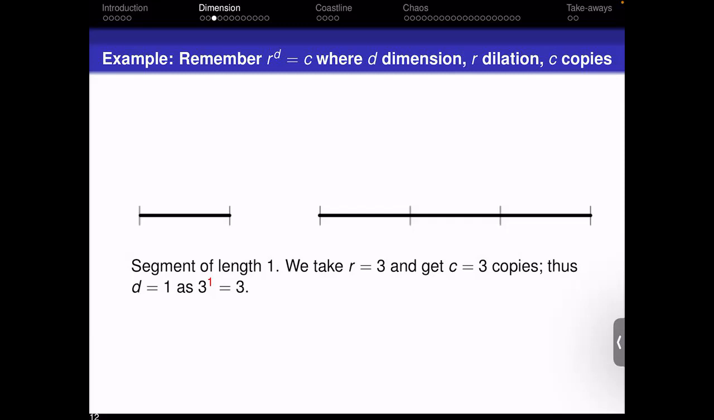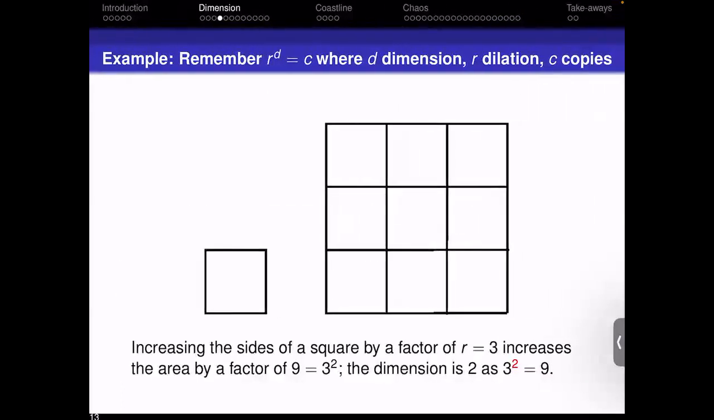Why 2? Well, it's 2 axes, but how many copies of the initial square? We initially had a square that was 1 by 1. We would have 9. So if you look at the picture, I start off with a square that's 1 by